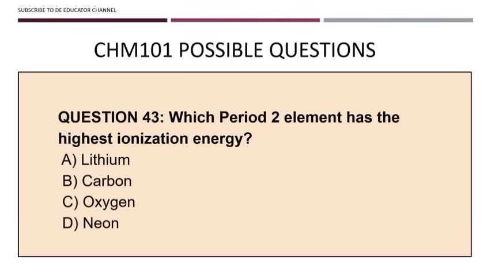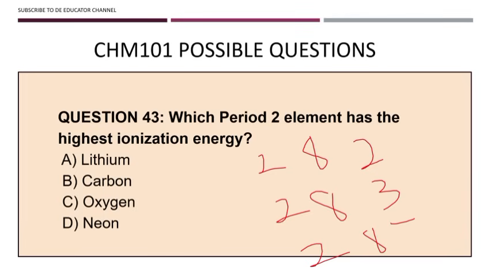Which period 2 element has the highest ionization energy? Period 2. If you look at all these things, you can even know the answer without knowing the concept. One thing you should take note of about ionization energy is that you can use electronic configuration to know ionization energy. If you have something like 2,8,2,